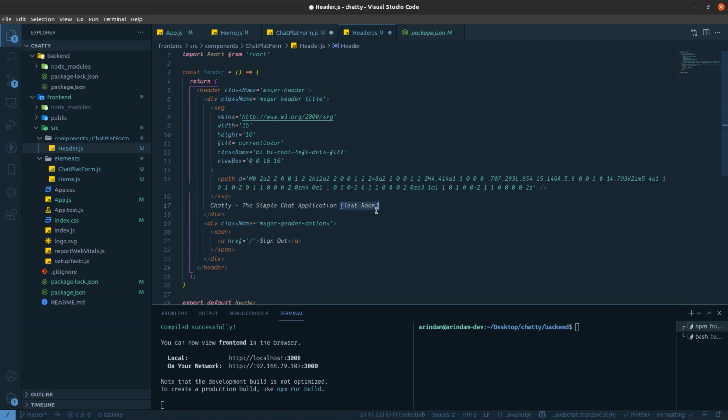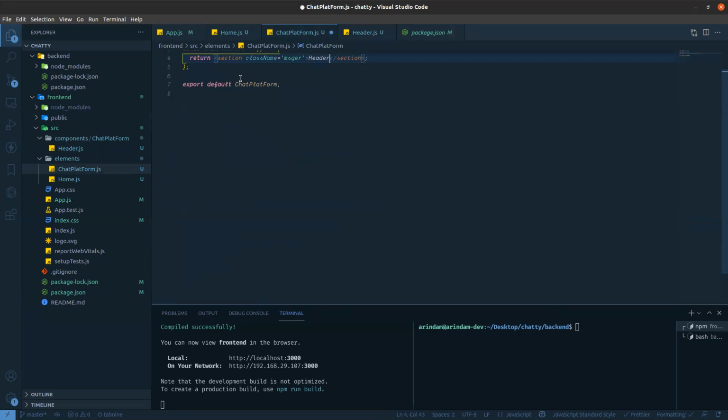It depends on the room name, right? What room name I will get from the backend, this room name I need to provide. I need to show it over there. So this will be like a variable. I'm giving room name, and this room name I will get from over there. So this header will go over there only.